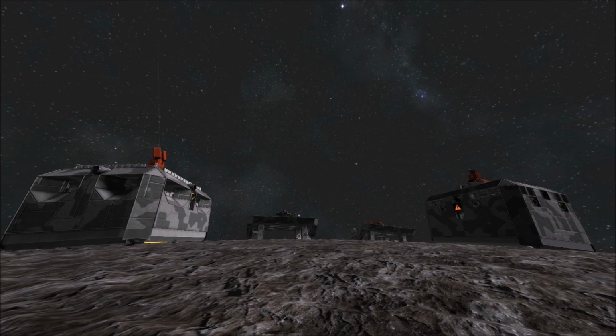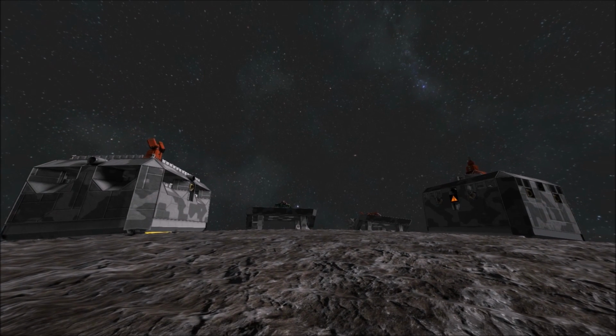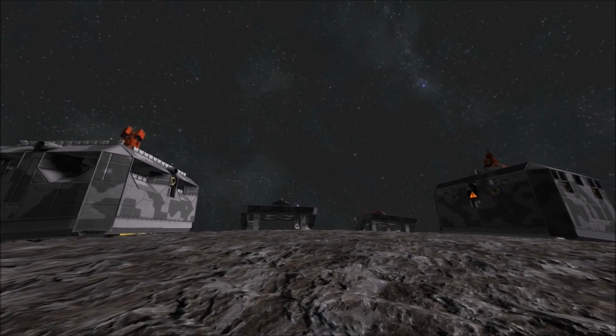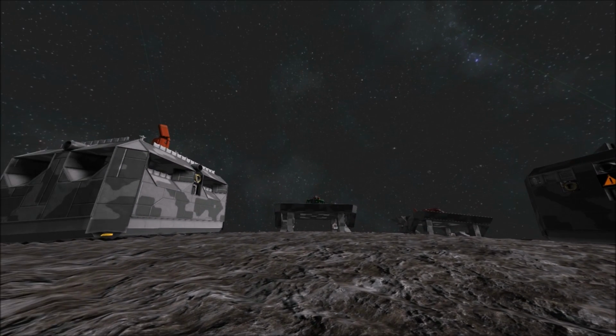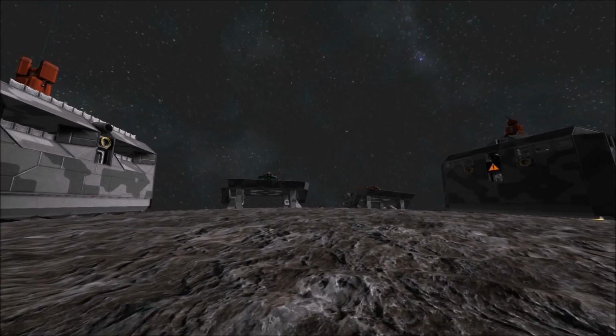So, in this planetoid that actually comes with the mod, or is in the workshop too, I decided to install a few of the modules from the Gaia class carrier that I made, the droppable modules that you can land on a planet from the underbelly of the carrier to make kind of like a small base. But I'm not going to talk about the modules right now, so let's go on with the main theme